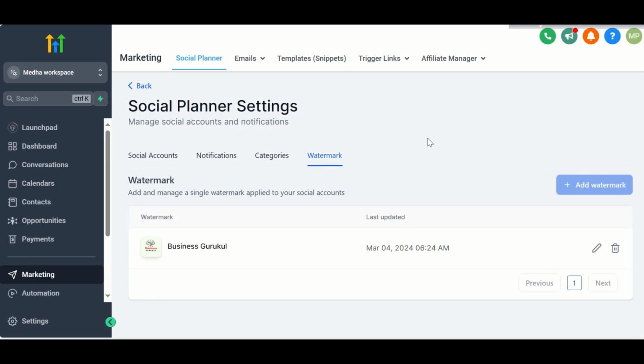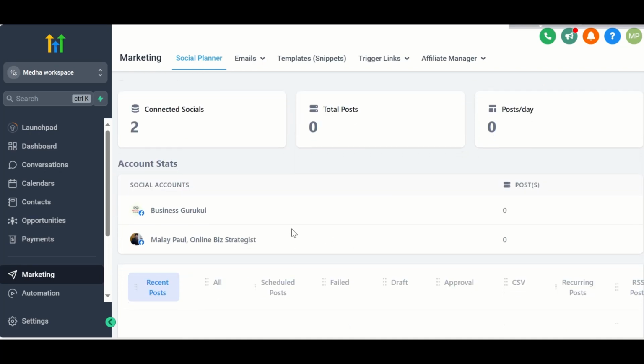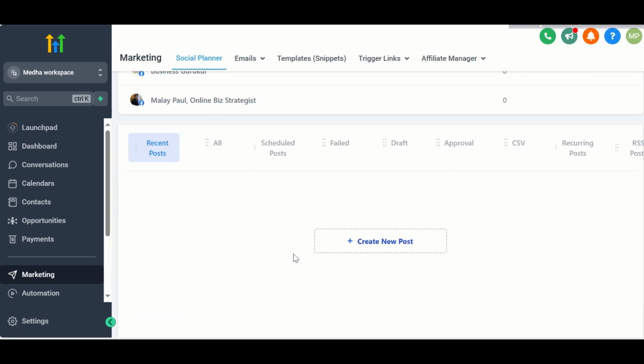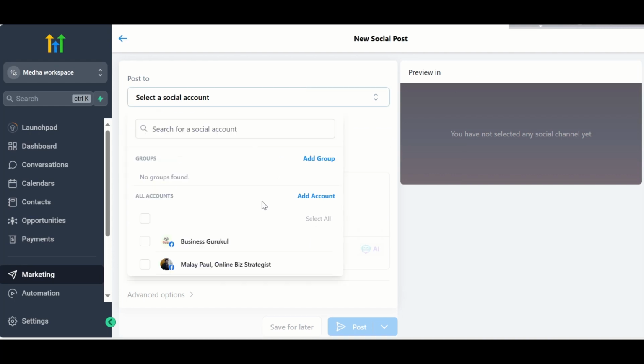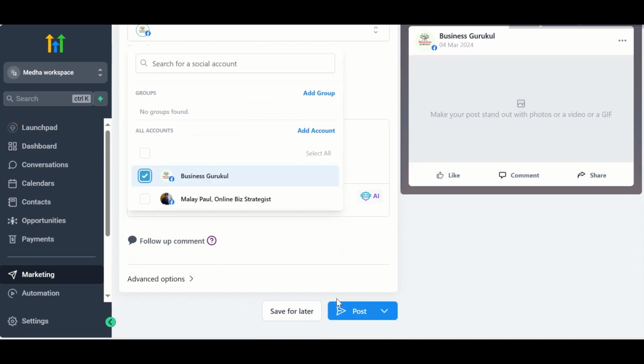Whenever we want to create any post in social media, I'm showing right now how it would be placed and how it would be set. For that, I have to come to social planner, and there are two accounts connected, that is Business Gurukul and Malaypal. This is a Facebook account. If I want to post in this account, then we have to go to the create post section. Then I have to choose the account for which I have to post my social media post. I want to post in the Facebook page Business Gurukul, and I